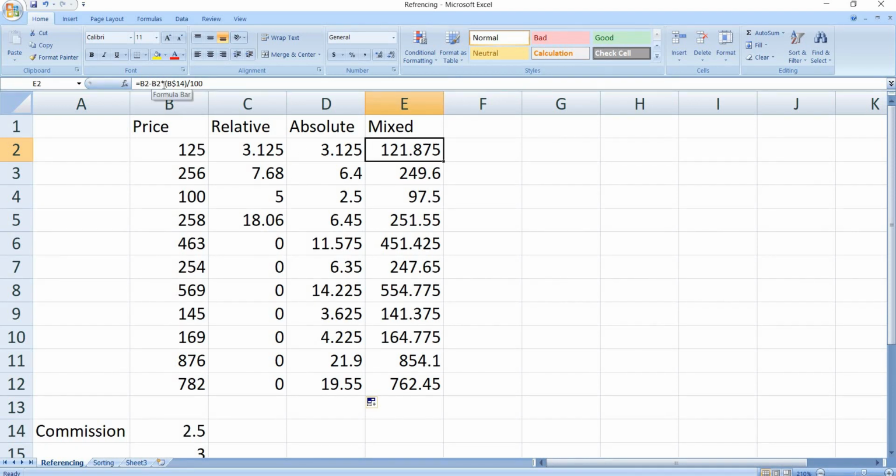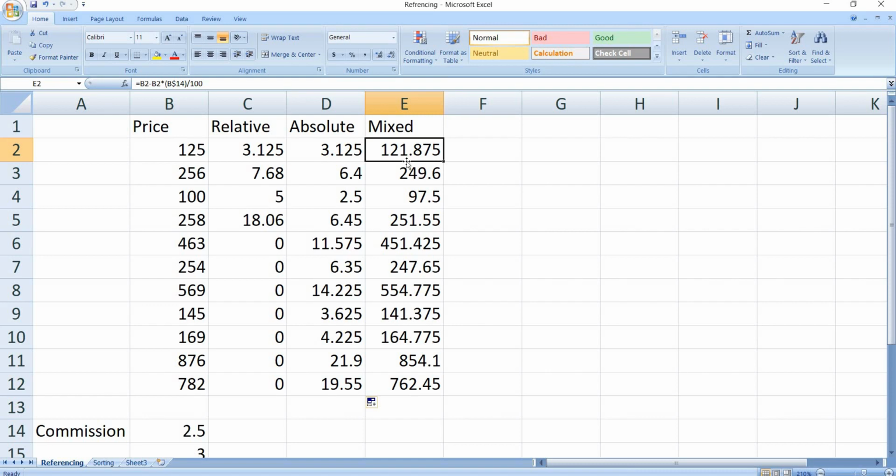B2 minus B2, then B, this is the cell B14, where the row is fixed. See here, before B there is no dollar, and before 14 there is a dollar. It means the column can be changed. We have given the formula in that way, that the column can be changed but the row cannot be. In the same way, next, the same value will be repeated. So here, in the next reference, relative as well as absolute. See, relative is in B2, B3.